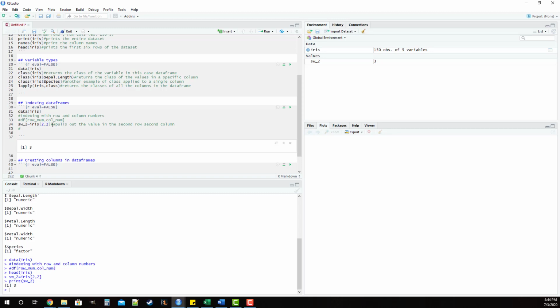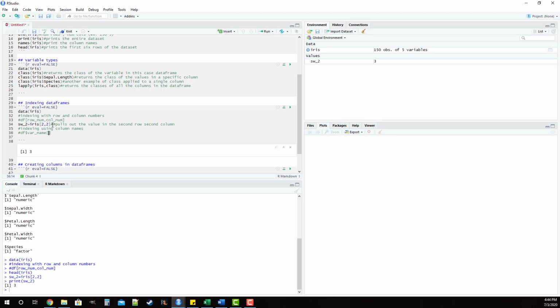Let's specify what we're doing. We're indexing using column names. That's going to look something like this: DF for data frame again, $ sign, and you'll see in a second that the contextual menu will help you out a lot here. But var name, the name of the variable,